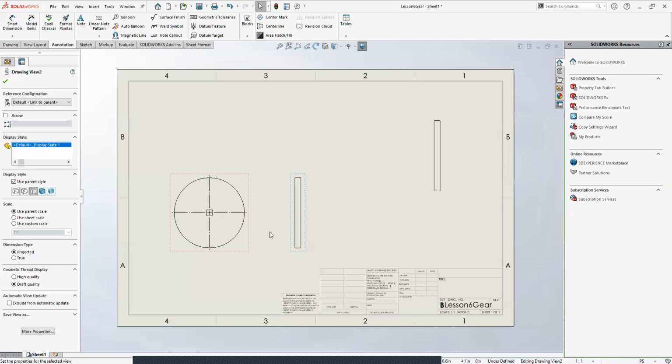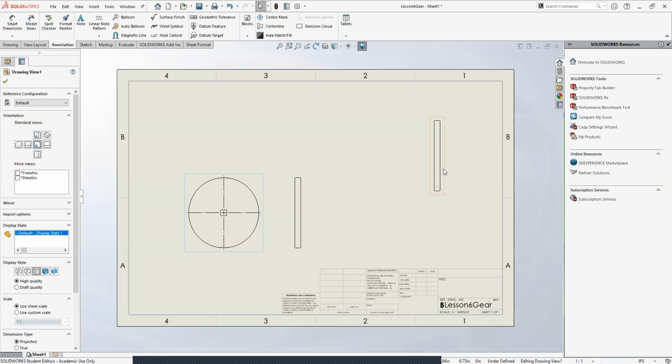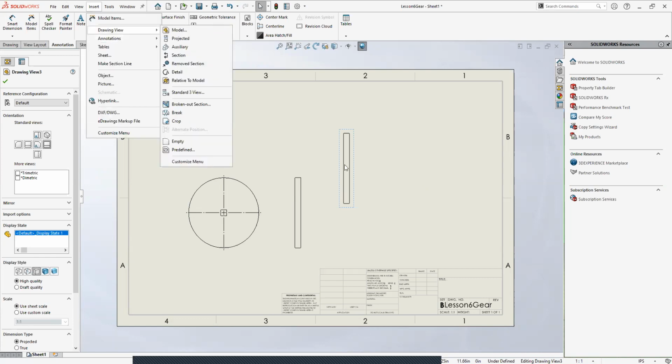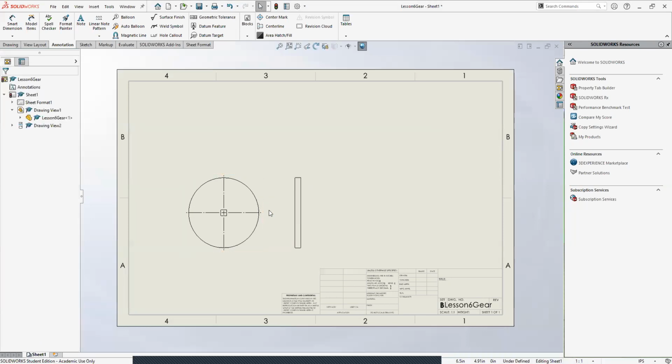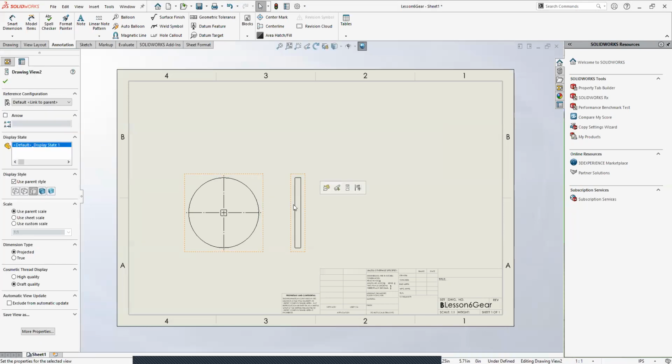When you're doing drawings, always use projected view if you want to add more views. Don't go into part view or insert drawing view, model view. Don't do that because what can happen sometimes is, the way SolidWorks works, when you click a view and you add a projected view,